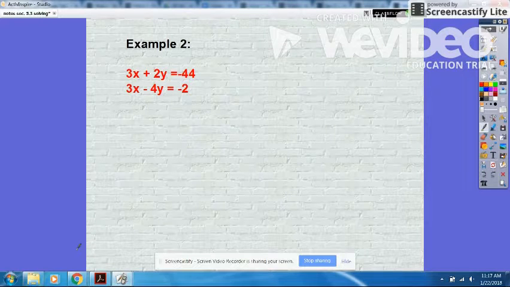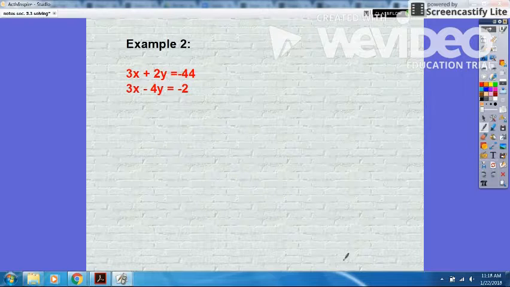Today we're going to be solving a system of linear equations by elimination, also known as linear combination, because in this example, we have to do a little bit of multiplying before we add our two equations together. That's where the combination part comes in. So when I look at my system, both equations are in standard form, but when I add them together, no